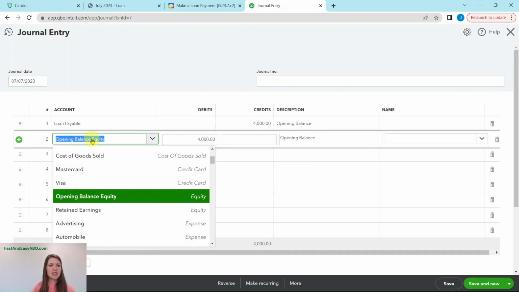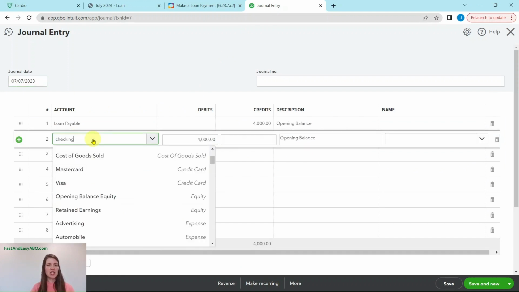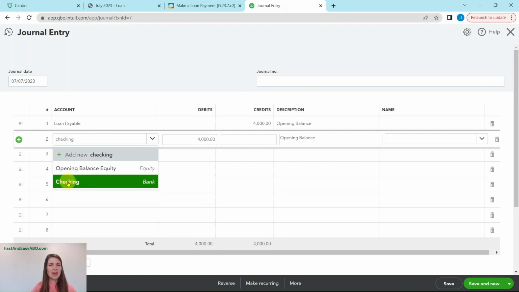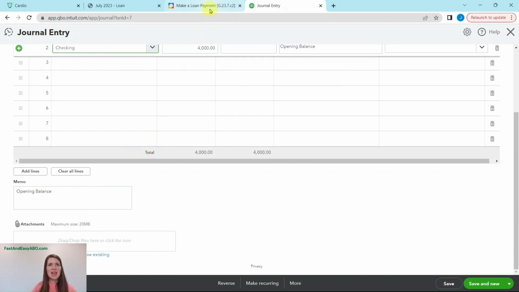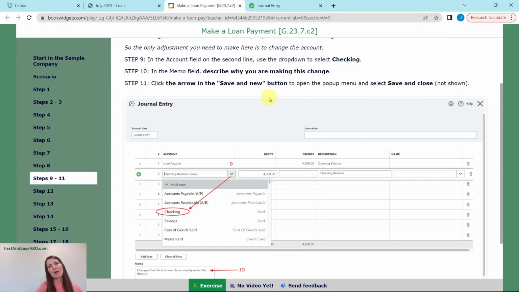Click into it and go ahead and start typing checking. You will go ahead and see that one up here. Go ahead and click on it. And then we need to make a memo about why we are making this change. It's always good to take some internal notes. That way, if you were looking at something, you can see the history of all the transactions. And so seeing what is in the memo is going to be really helpful if you ever need to refer